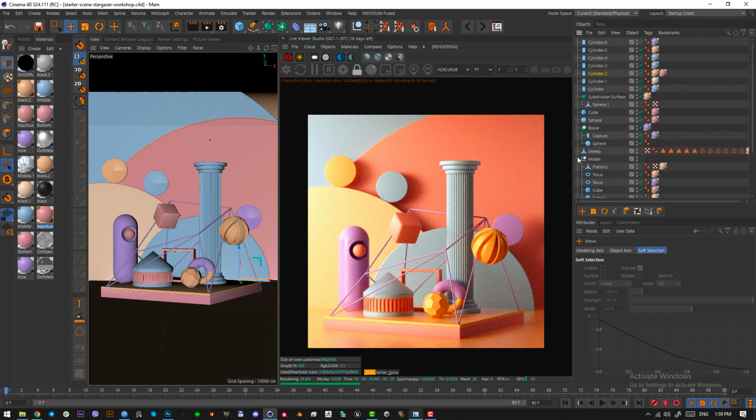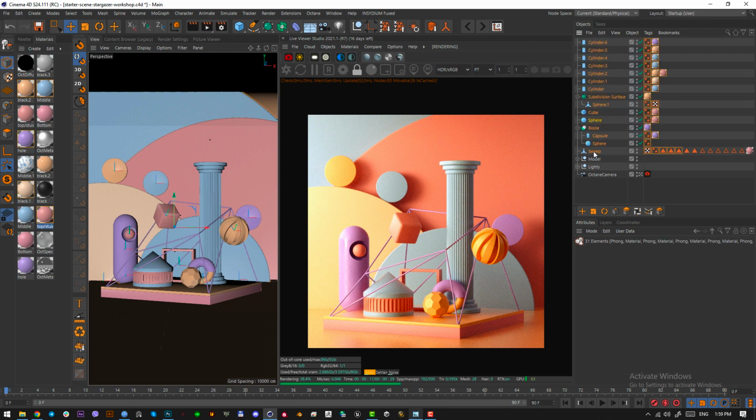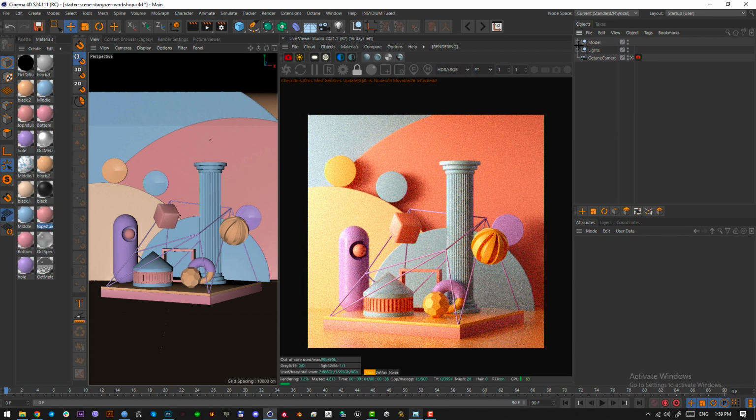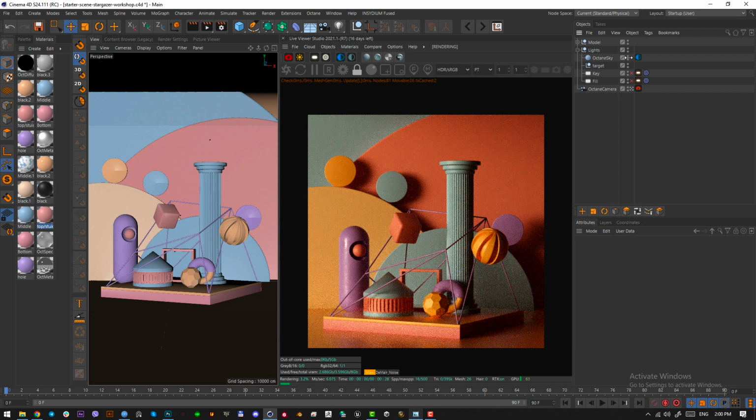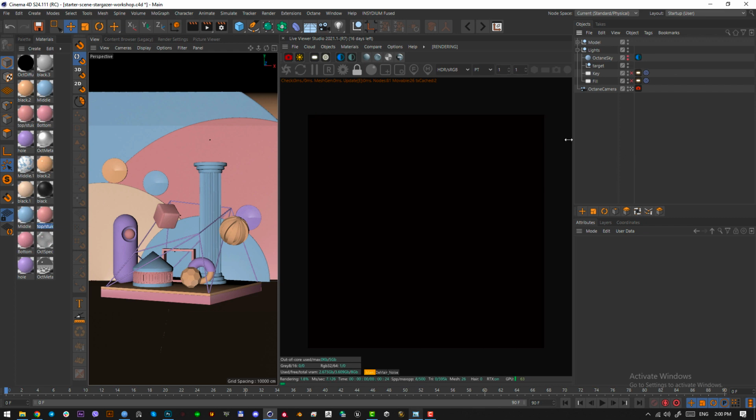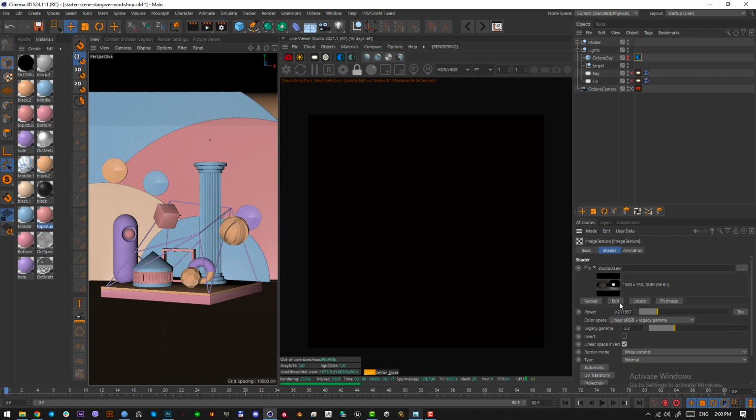So here you have the model, and just select everything that we have created, move it into the model, and collapse the model. Now we have the lights. So if you come in here, you turn off both of the lights and you press down Alt, and you can see our room is completely dark. So we have an HDRI. So that is a studio scene that is lighting the initial light